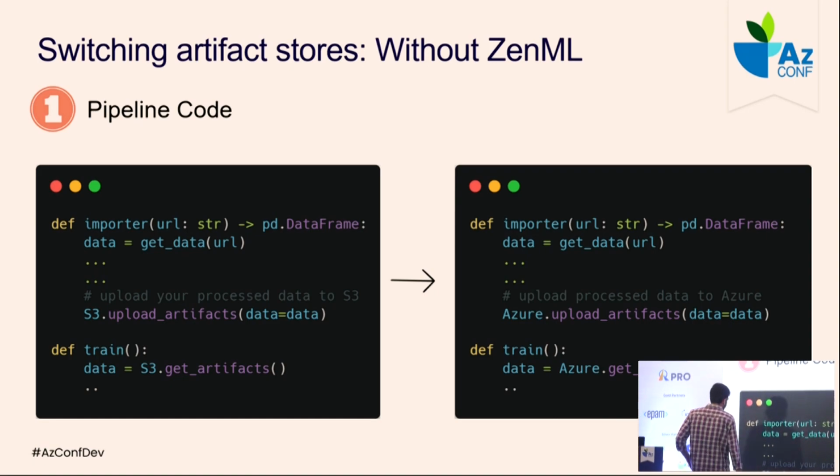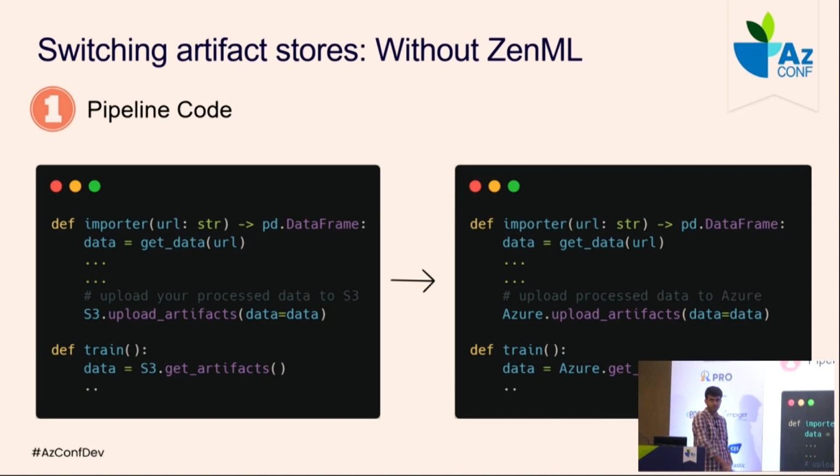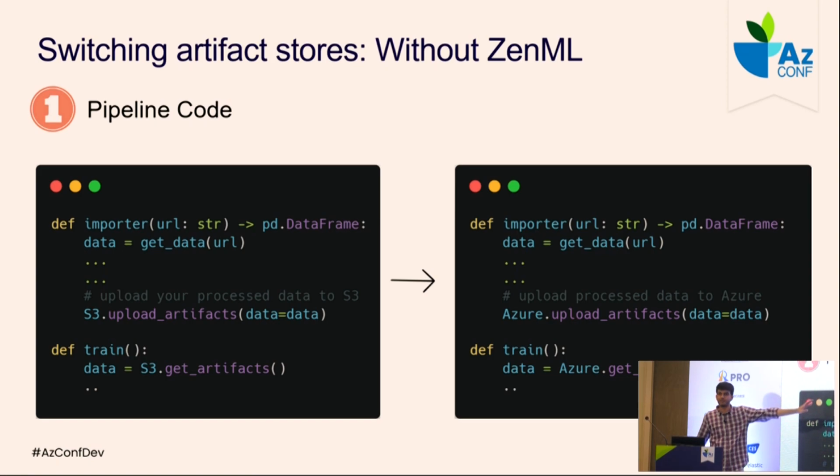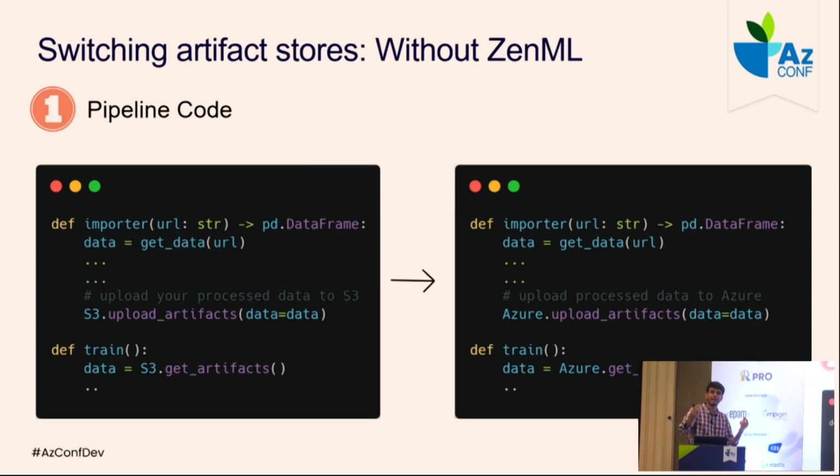If you look at it, I have an importer step. It's the general way you do it in your notebooks. You have an importer Python function that takes in some URL where you'll get your data from, and then converts it to a pandas data frame, simple as that. You define all your code here, and at the end, you upload it to your S3. This S3 is a class that I have defined myself. I have to write my S3 class. I'll use the Boto3 library or some other library, and then I'll upload that to my S3 bucket, right? And this is the same for the training step and all that stuff here.